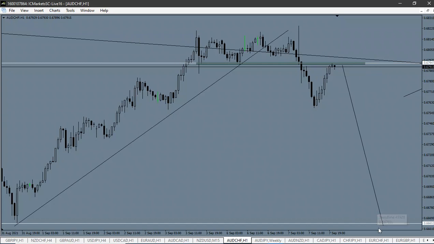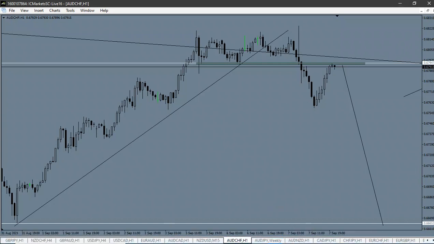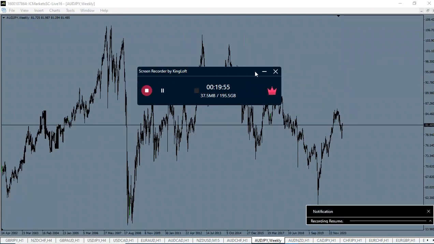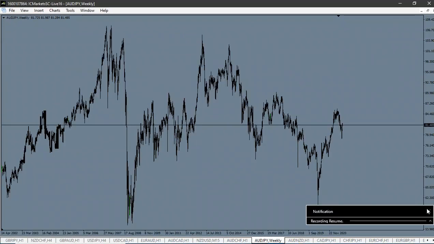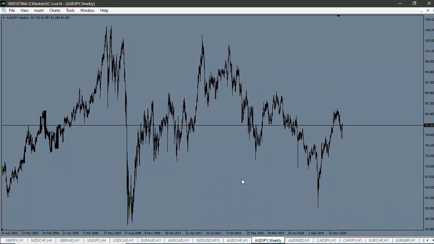then we can go down with it until that level before we reverse back to the upside. Now let's move on to AUDJPY. Now back to this one,